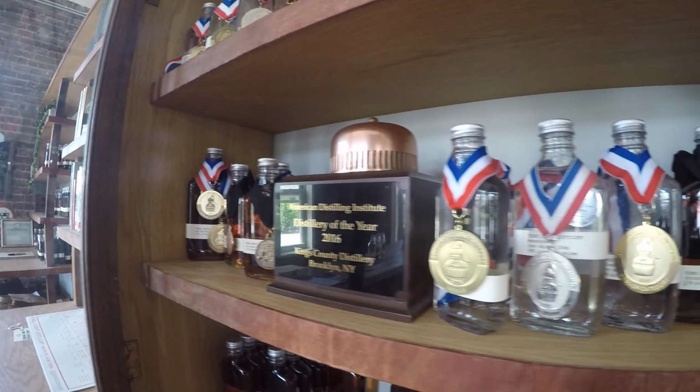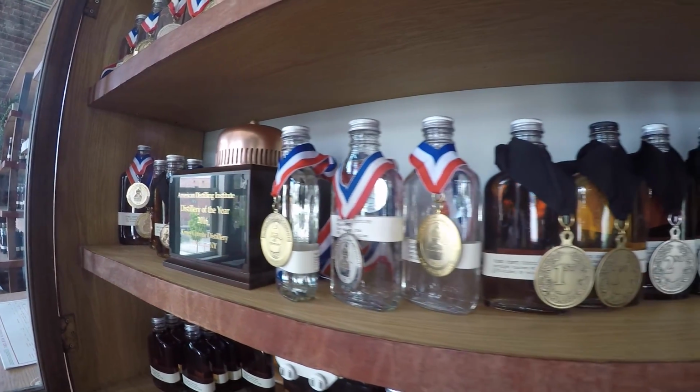Peated Bourbon, I think you may have heard mention of that in there. Well, in part number 3, we're going to taste that Peated Bourbon along with some of the other great whiskeys that they make at the Kings County Distillery. So, from Brooklyn, New York, on to part 3 of Kings